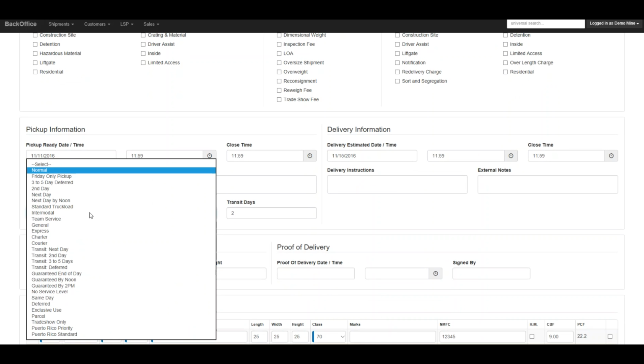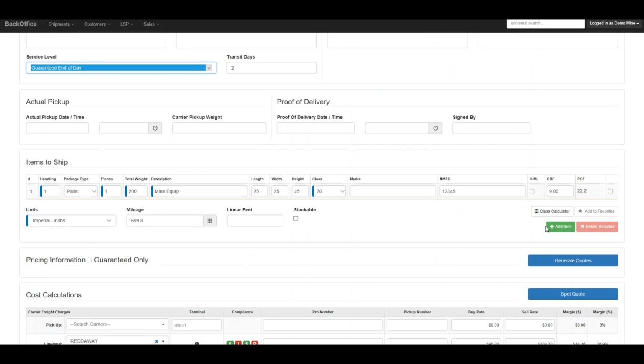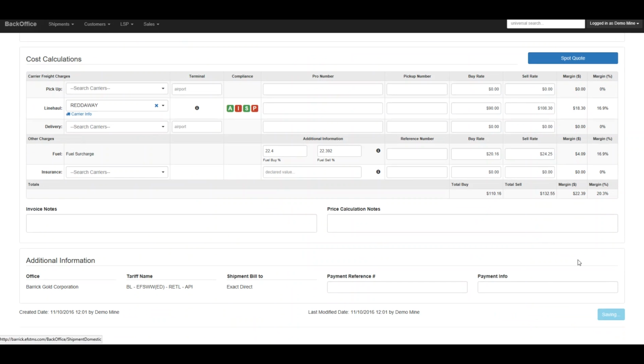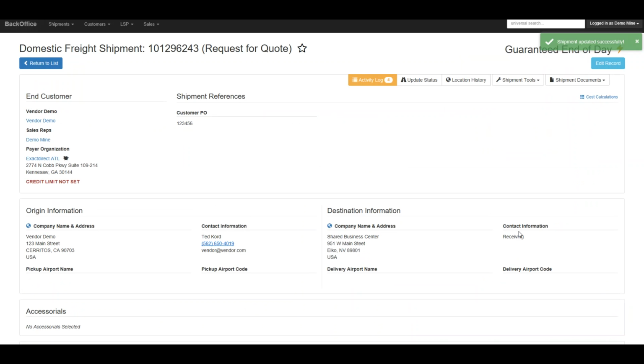If you want it guaranteed by end of day, just go ahead and select Guaranteed End of Day, and then go ahead and select Save and View Details. Now the shipment is in a Domestic Freight shipment type, and now our operations team will be able to take it from there. Now, if this is a truckload shipment, go ahead and click on Edit Record,